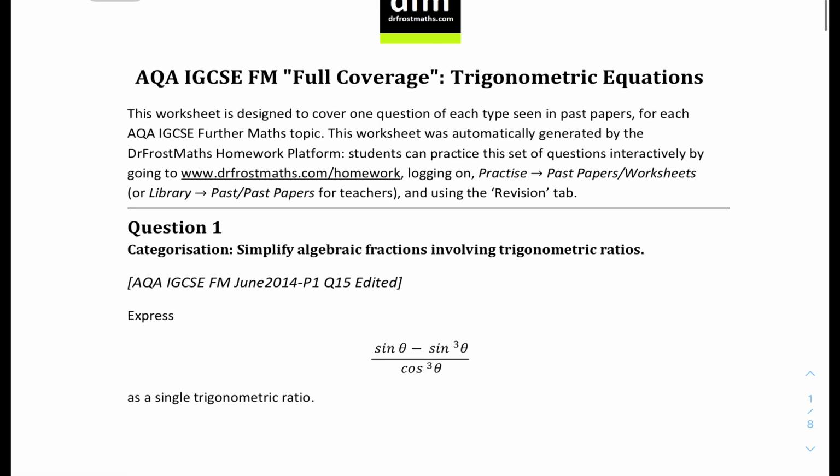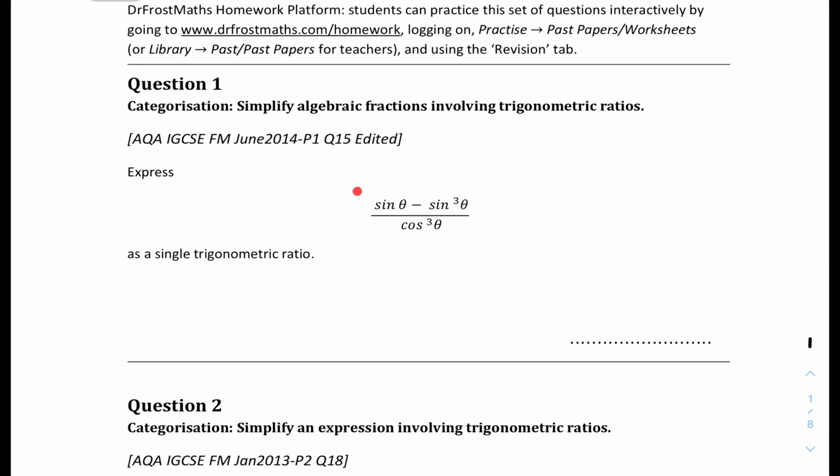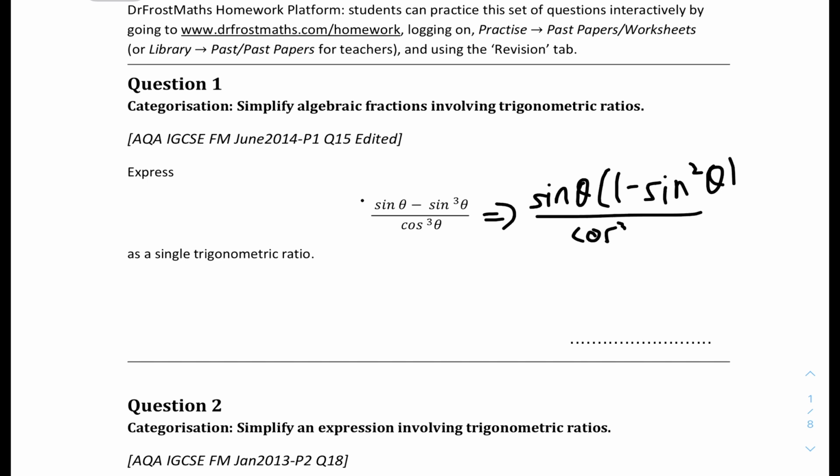And let's get right into the first question. Express this expression as a single trigonometric ratio. So we first have to identify how we could simplify this. What I can do is first factorize the sine theta from the numerator. So it'll be sine theta (1 minus sine squared theta) all over cos cubed theta. And we know from last lesson, the rules and examples video, that we have the